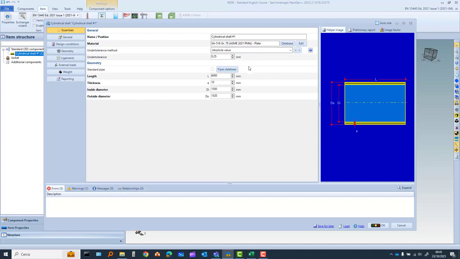If you have understood the lesson of this morning, this is always necessary when you use the ASME materials with the European standards, or better, with the Pressure Equipment Directive, because the Pressure Equipment Directive always requires the guarantee of